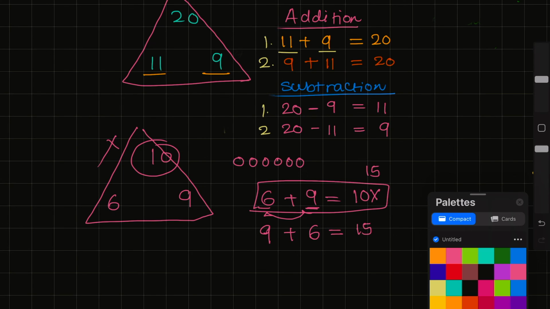So not all 3 numbers, or any 3 numbers, can form a family. They should have a connection, and then we will say that they belong to the same family. So keep that in mind, and I hope you understand this